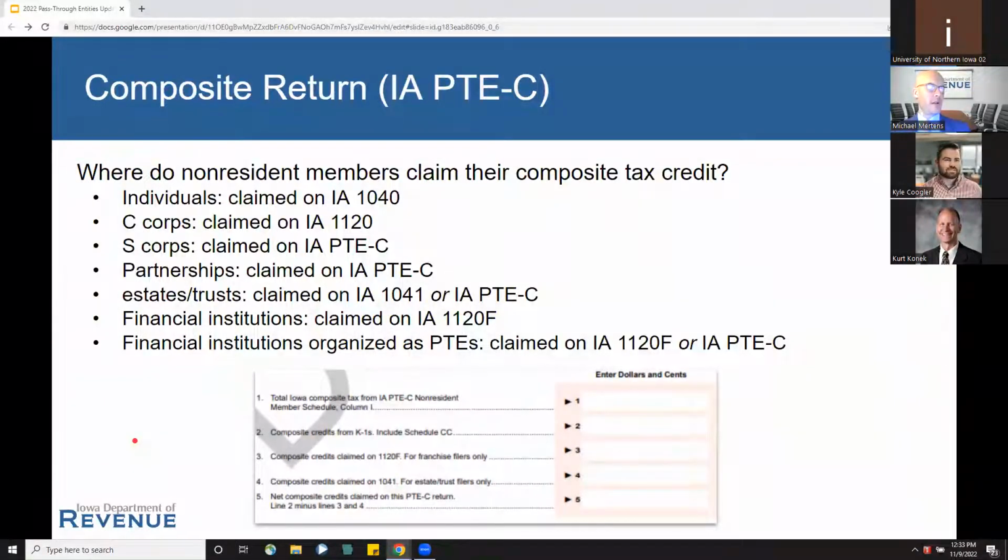Estates and trusts are a little bit trickier. A fiduciary can claim a composite credit. It could split their total composite credit and claim it on either the 1041 or the Iowa composite return. Similarly, if a financial institution that is required to file an 1120F receives a composite credit and it is itself organized as a pass-through entity, it can claim its composite credit either on its Iowa franchise return or on its composite return. If you look at the bottom of the screen here,